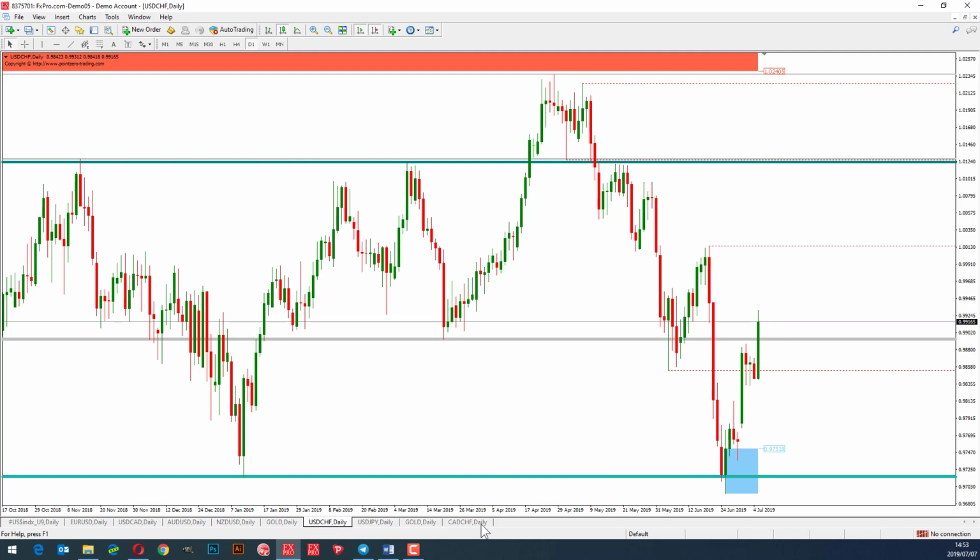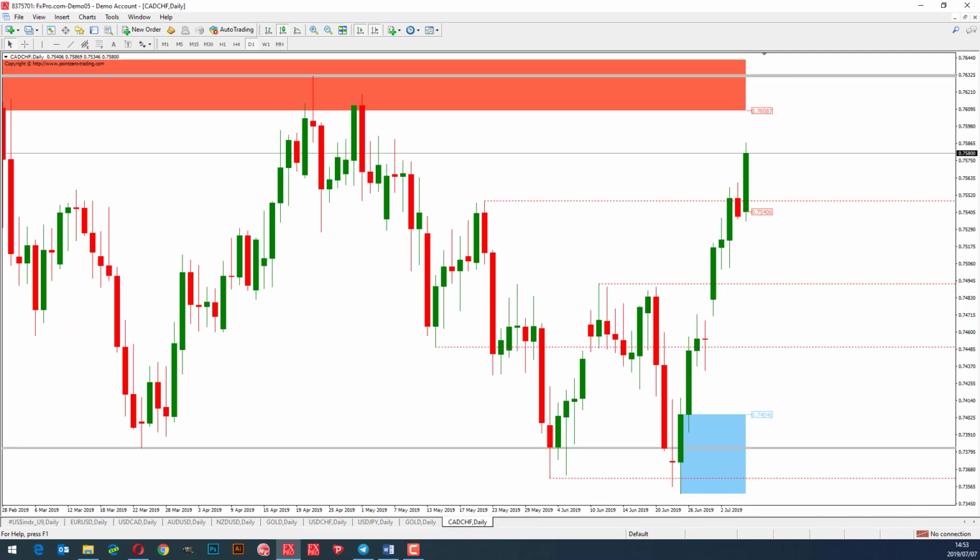Now let's look at CADCHF. CADCHF was a great performing market last week for all those that took long trades in the 0.74 demand zone, with price continuing higher last week all the way up to the 7530 area. This week in the review of this market, I'm highlighting two potential trade areas. Right, the first is the